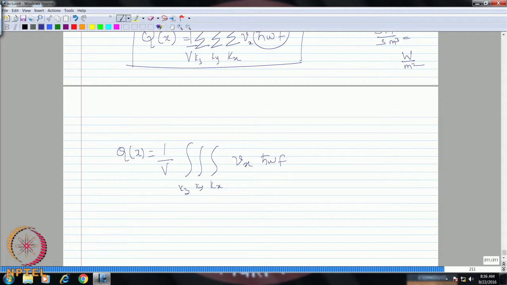So, we should therefore have a dkx, dky, dkz divided by something, because these are conversions from the numbers to an integral. So, this should therefore be represented by some number, that is the number of quantum states,